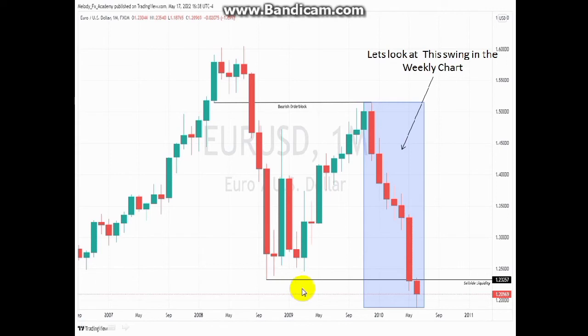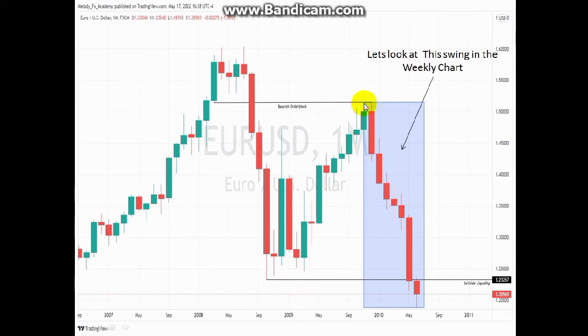Now what the monthly time frame also helps you to do is that it helps you to define the range. It helps you to define your trading range, in other words, the level that price is going to be reaching for. In this case we have this as our range. We are anticipating price to reach for the sell side liquidity resting below these old lows, right? So this is our range.